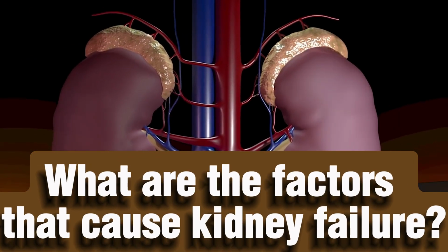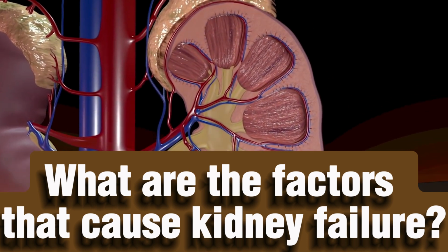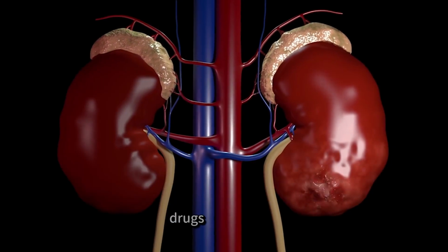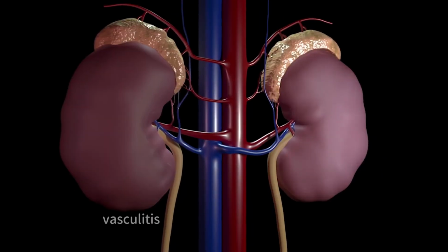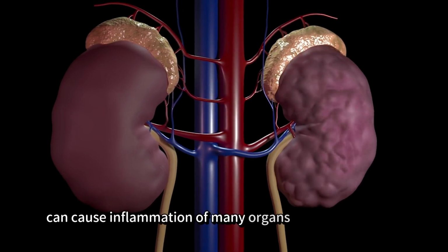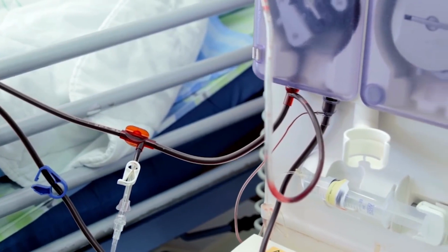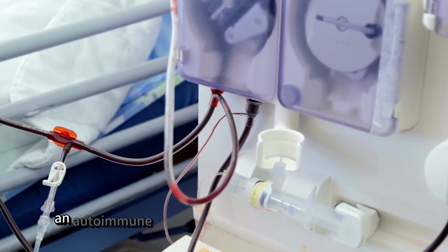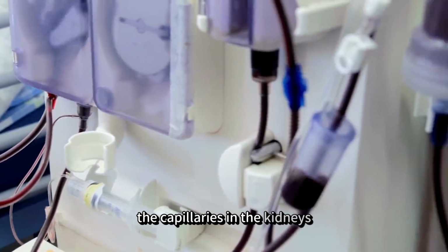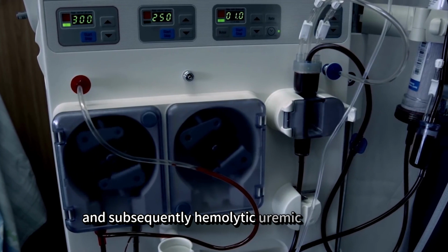Other factors causing kidney failure include blood clots in or around the kidneys, infection, toxins derived from heavy metal poisoning, drugs and alcohol, vasculitis, and autoimmune disease that can cause inflammation of many organs in the body. Lupus, an autoimmune disease that can cause inflammation of the capillaries in the kidneys, bacterial infections, and subsequently hemolytic uremic syndrome,